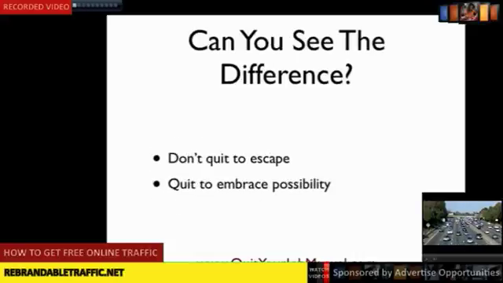So, do you see the difference here? Do you see how, when you do it for the wrong reasons, you're escaping. You're quitting a job to escape problems that are just going to creep back and find you again. Whereas when you're in a mental state of being where you feel it's something you have to do for your life, for your happiness, for your own success and inner peace, this is your chance to quit a job so that you can embrace possibility for your life. Two totally different states of mind, two totally different states of being.